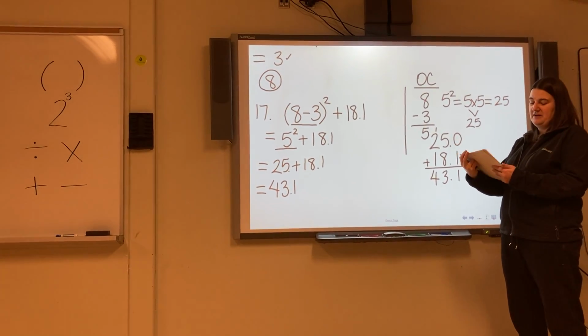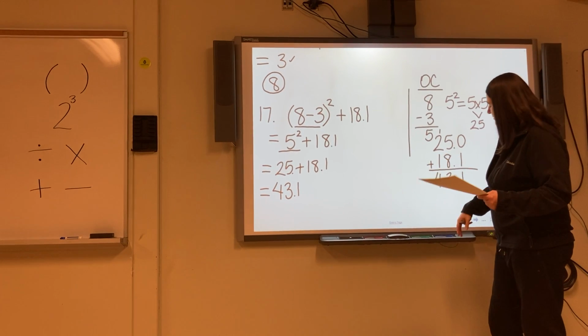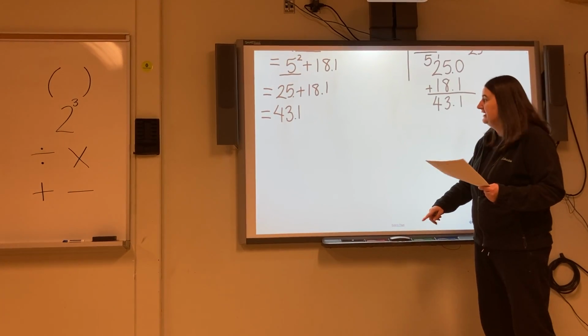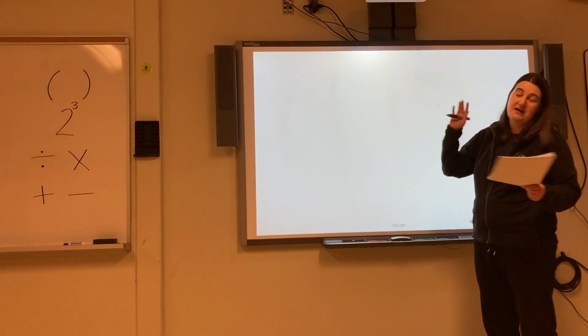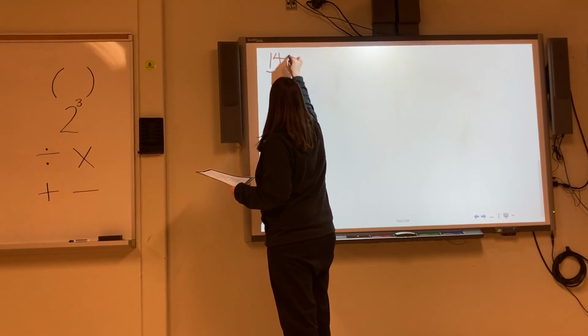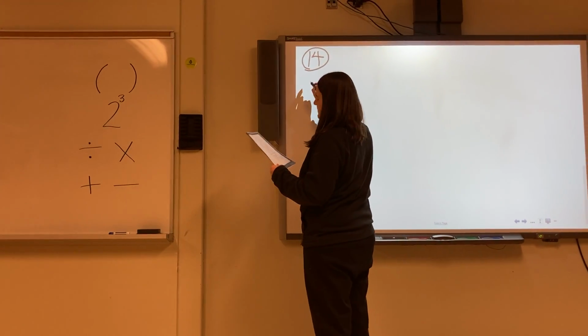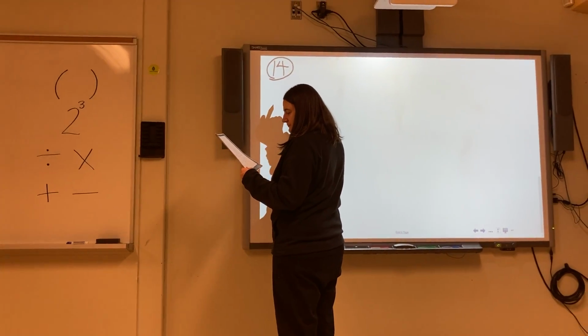Okay, all the way on page 14. Now these ones are obviously the last page. They're the most complicated, but again, if you follow the BEDMAS totem pole and you just look at it step by step, calculation by calculation, you'll be fine. So we are going to do number